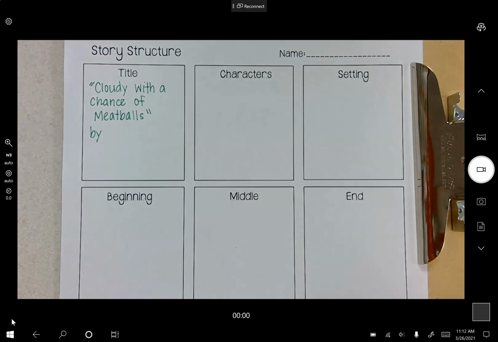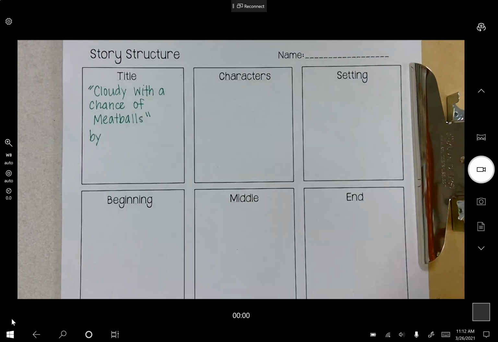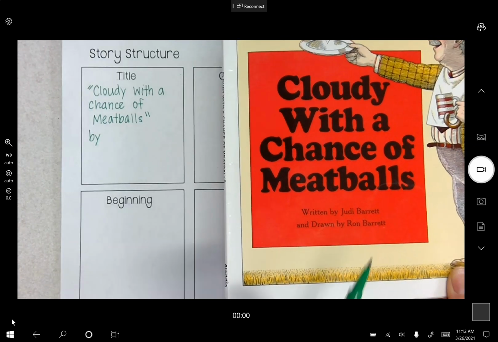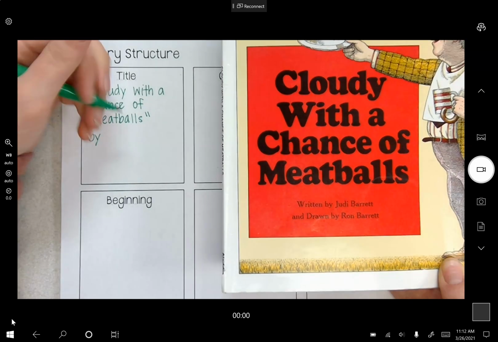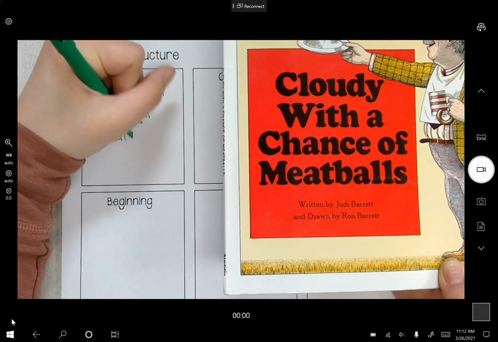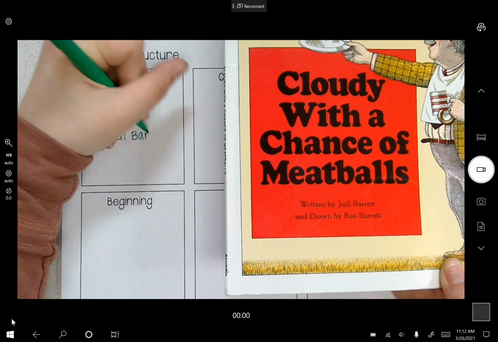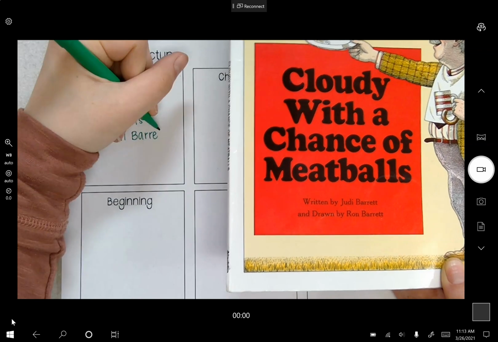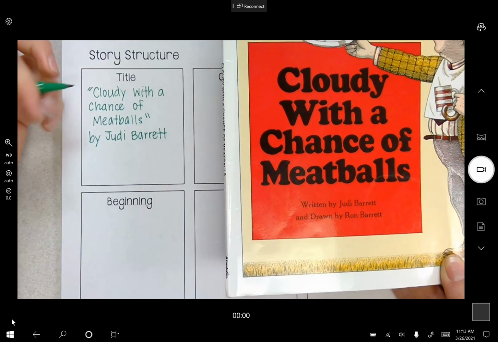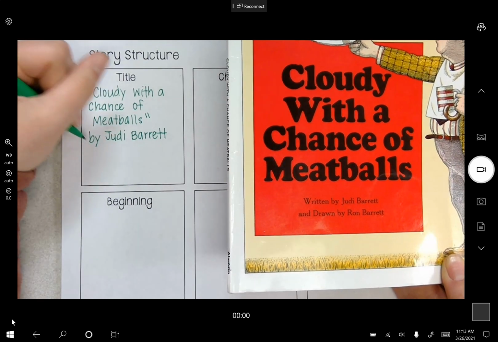So if we look back at the title, or if you can always, guys, look back in the video where you watched the story. But I have the book right here, so I can look and see that it was written by Judy Barrett. I love the illustrations in this story. It was one of my favorite stories growing up as a kid, and I always loved looking at the different pictures of all the food. Okay, by Judy Barrett,